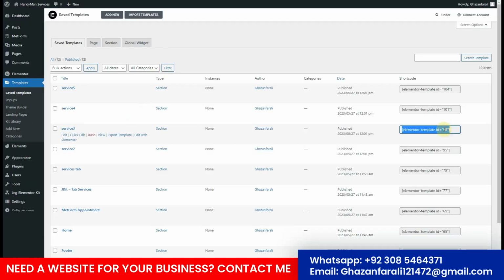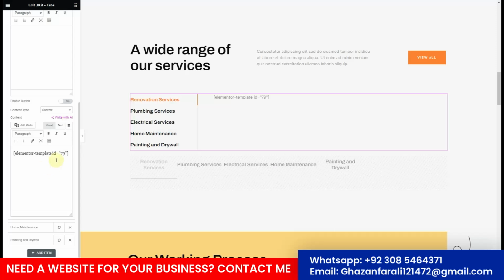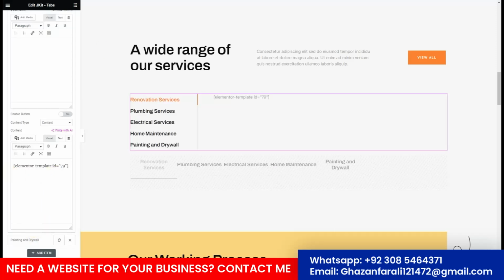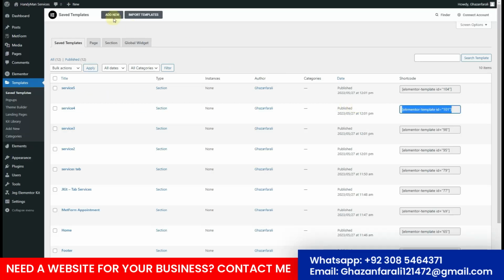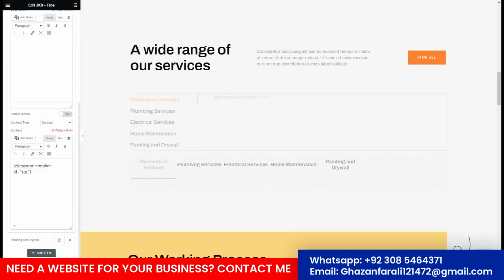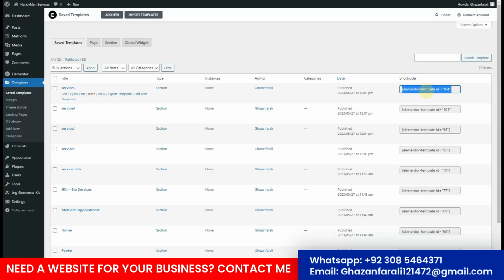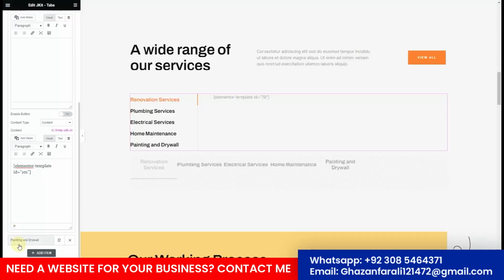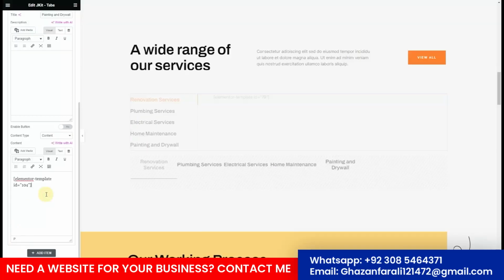For service number 3, we have a different short code. So I'll copy the short code and I'll insert that short code here. For the home maintenance, we have this short code. So I'll copy this and I'll insert the short code here. And then for the last service, we have a different short code. So I'll paste that short code here. Now if I hit update,